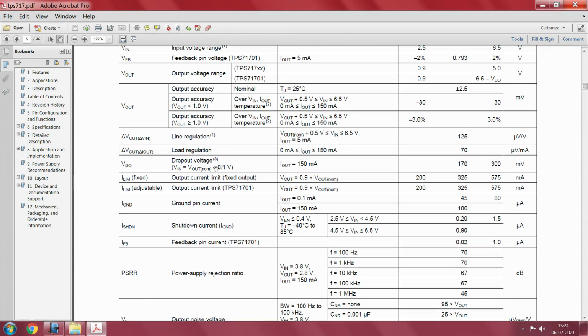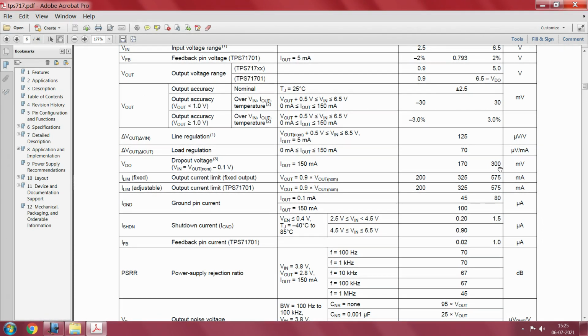Look at VLDO. LDO says, look, I can give you a minimum drop of 170 millivolts, and at the maximum current, that is at 150 milliampere, I will drop up to 300 millivolts. So any current you are trying to draw will actually vary the VDO, which is the dropout voltage, accordingly. It can be swinging from 170 millivolt drop to a maximum of 300 millivolt drop. So like this you can go on looking at different parameters.